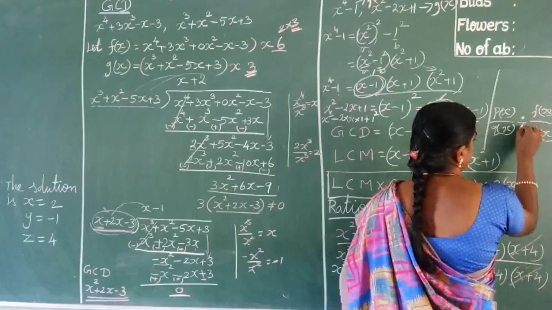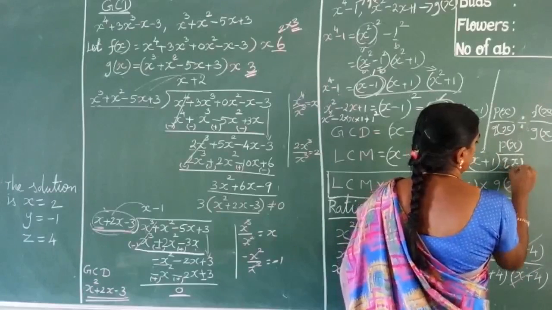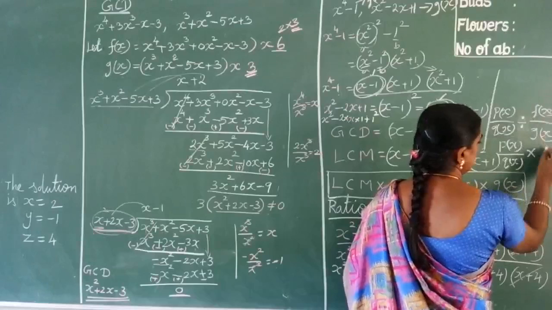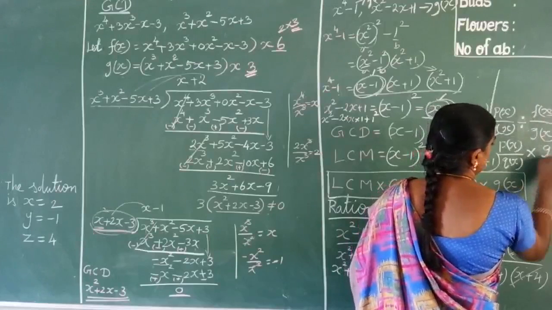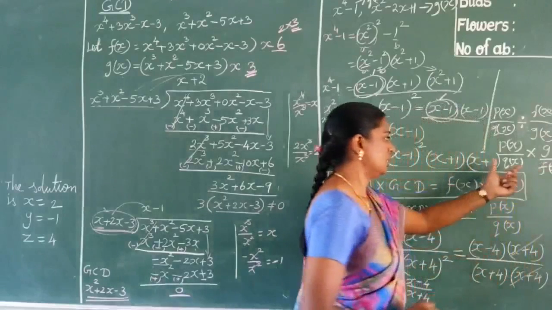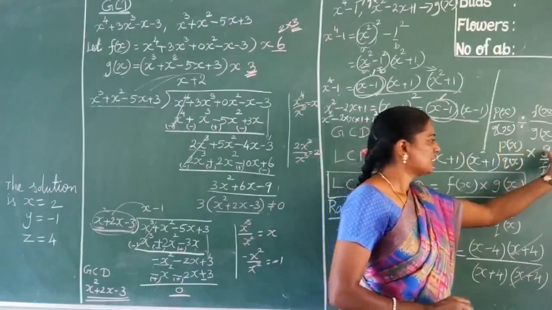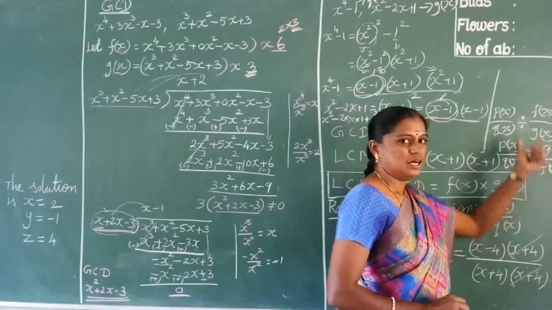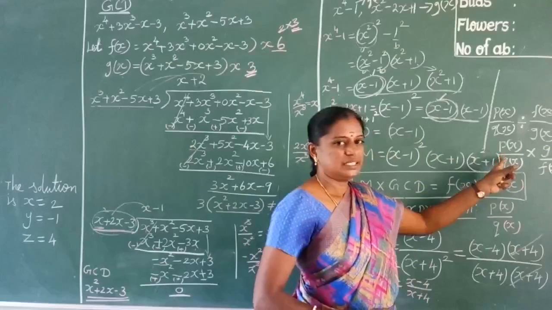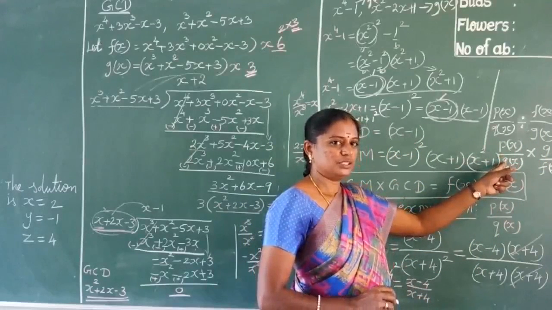So how do we write? P of x by q of x. Divide means the second fraction becomes its reciprocal, right? g of x by f of x. Also as it is, p of x separately simplify, q of x separately simplify, g of x and f of x. And then with this method you simplify and easily get the answer. So these are the important 2 mark and 5 mark questions. Is it clear?